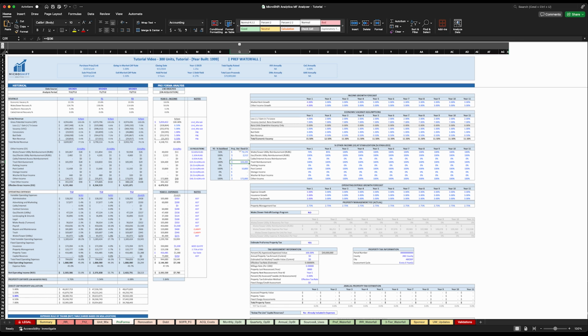I will come in my projected stabilized other income. So that's the amount that I think I should be able to collect once this property has been stabilized. I would say I want to be able to collect $50 times, so that's per month, times 12. So that's $50 times 12 times the number of units. So the number of units is 300. You can either type the number of units, 300, or the analyzer has built-in labels for the number of units. I can just type number and you would see the number of units come up. Select number of units. So that's $50 times 12 times number of units